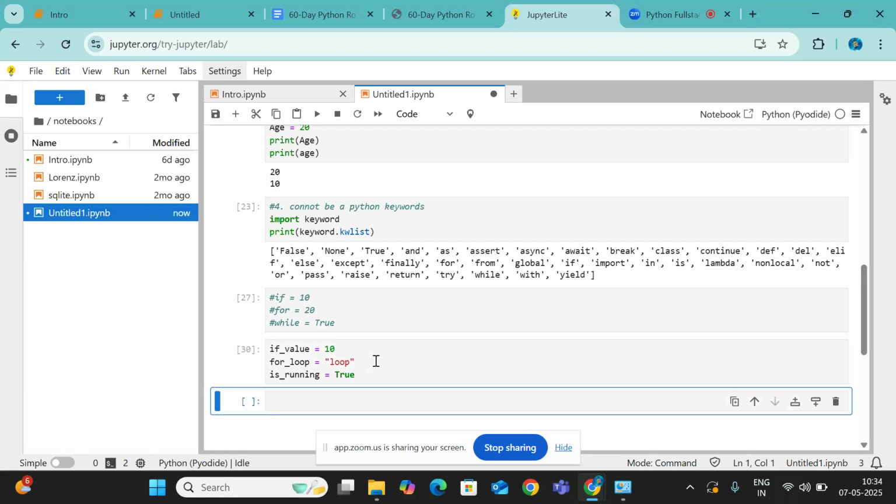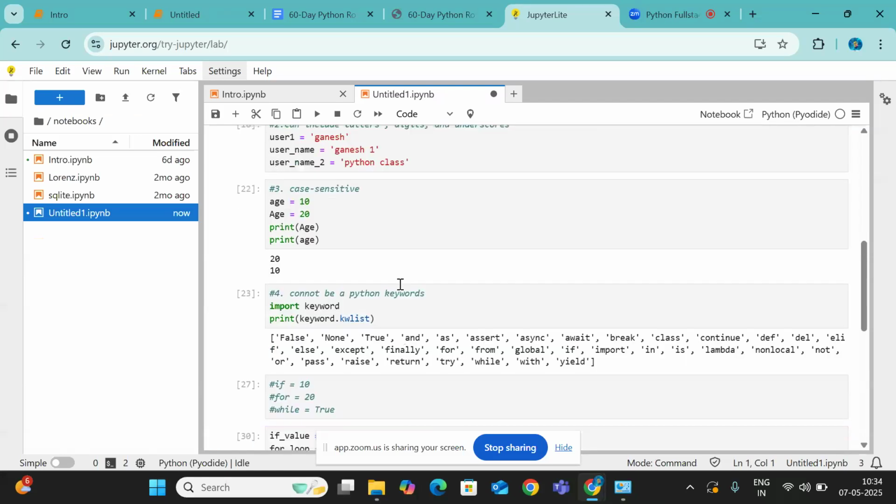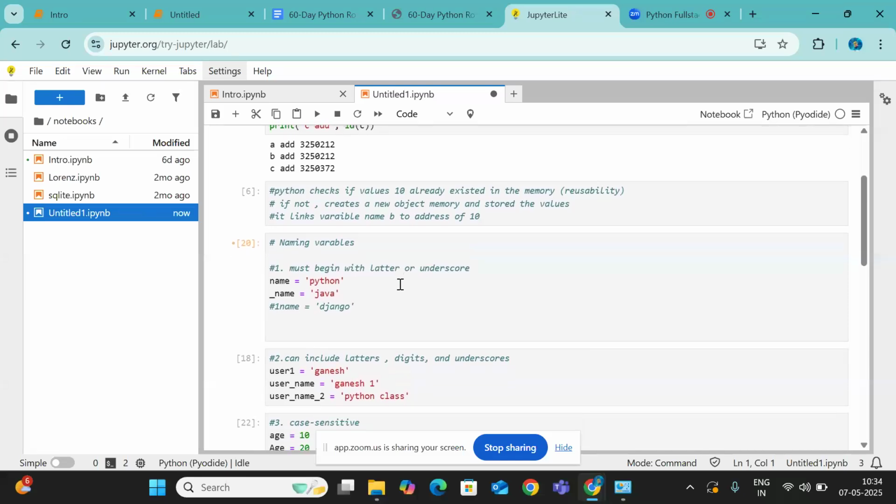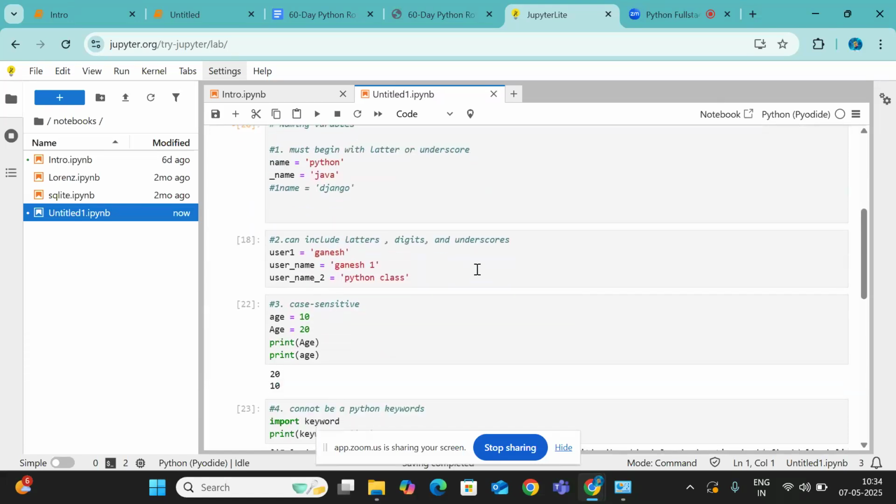Okay. We must remember four points when we are defining a variable name. The first point is it must begin with a letter or underscore. Second point, it can include letters, digits, and underscores. So we can include letters, digits, and underscore, but we cannot